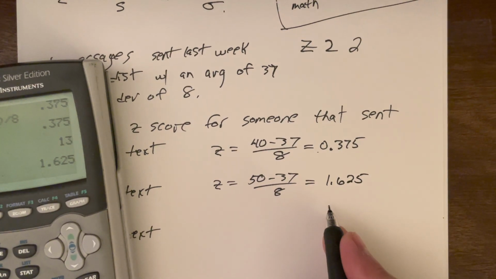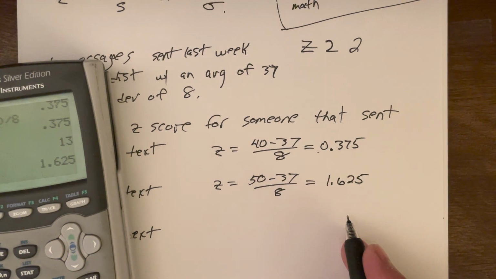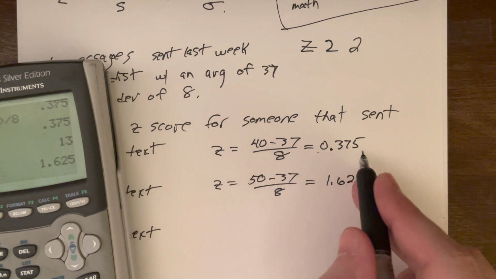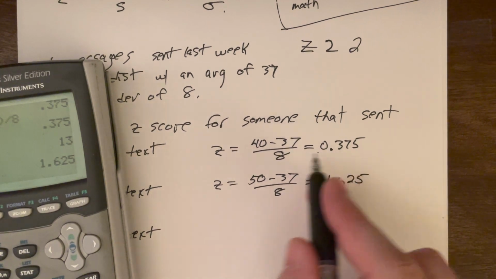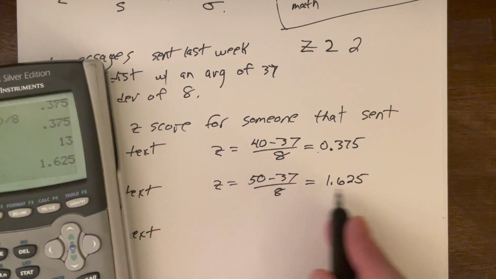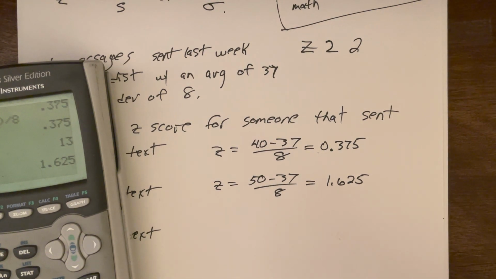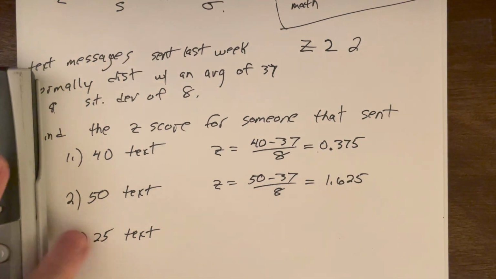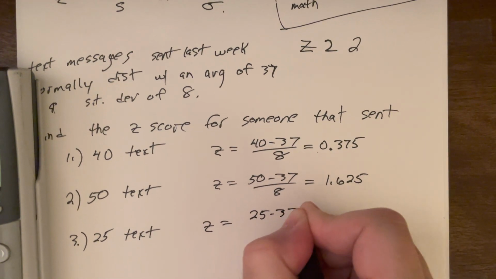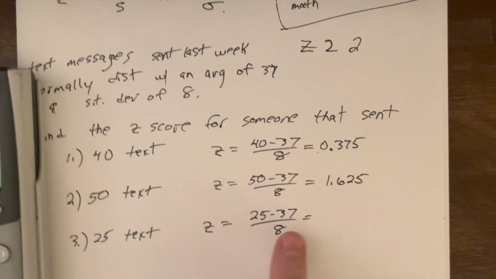Both positive, so both above average, but just a little above 0, just a little positive z-score. This data value is closer to the average, to the mean, than this one is, that had a bigger positive z-score. So just some simple little things to realize. The third one, again, everybody, one of the biggest things: this is not big minus small. It's data value minus mean.